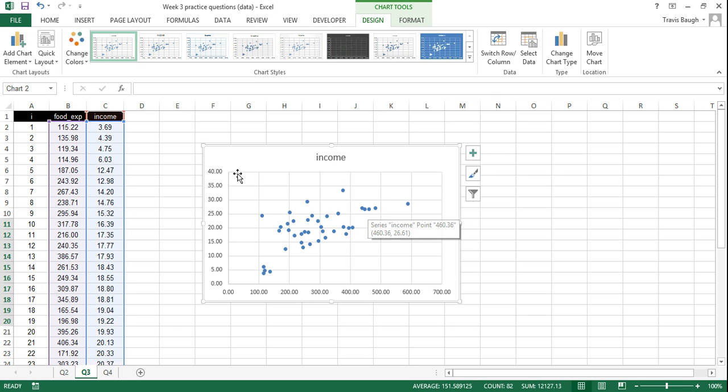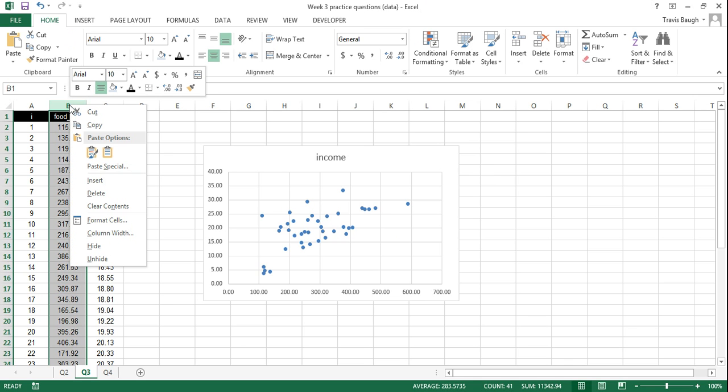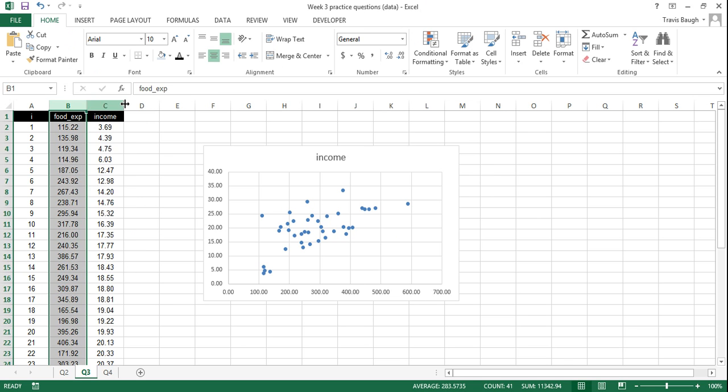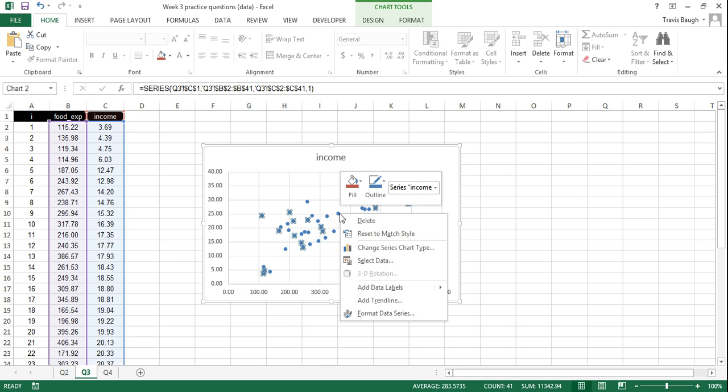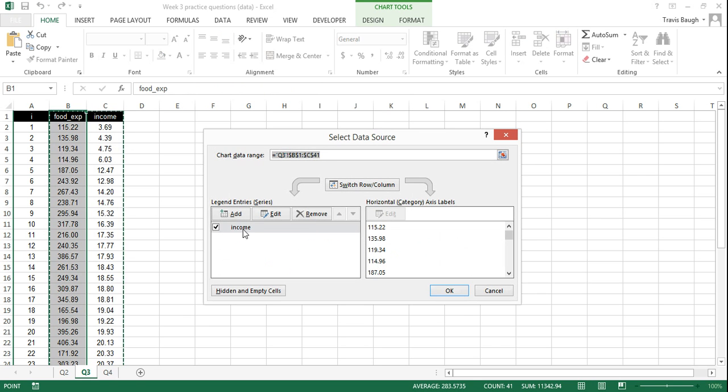In class I showed you that you could fix this problem simply by cutting this data, the y data, and then pasting it on the other side, so that now we did have our x variable first and our y second. But another way of doing this is to right click on any data point on the scatter plot, select data. That income series is actually our x and y values. I'm going to edit it,